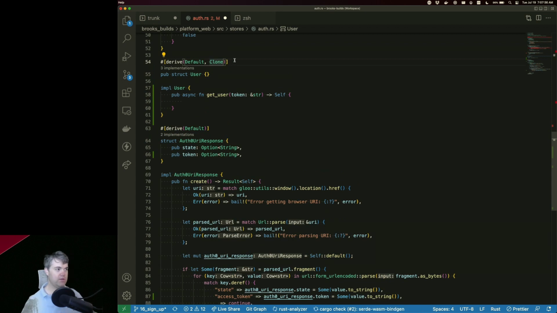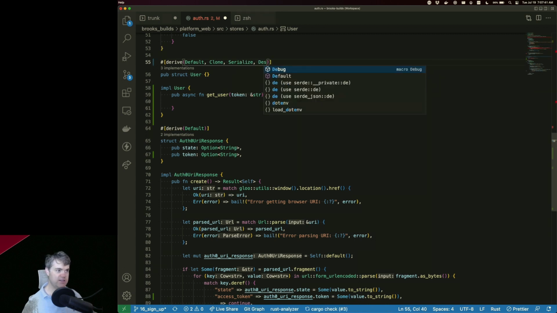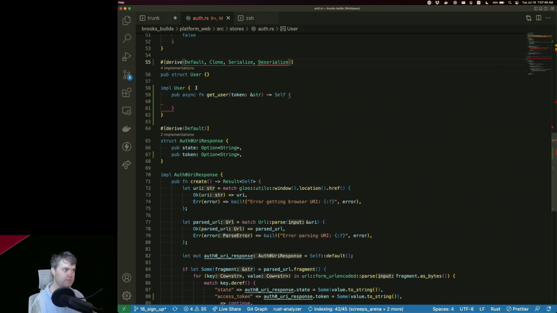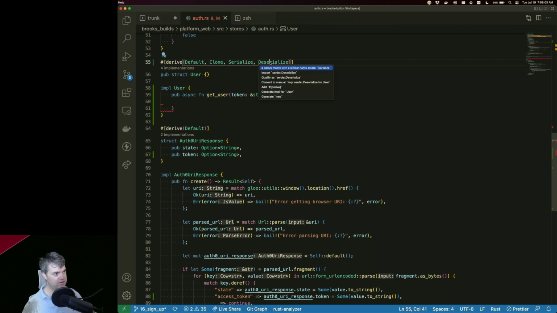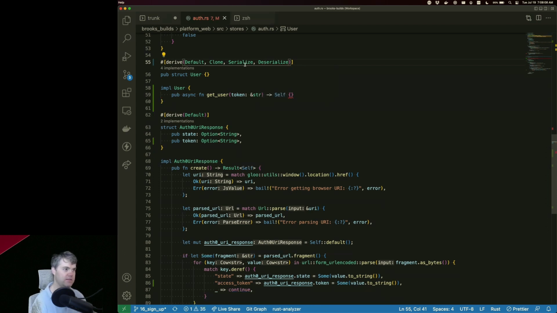All right, so I want to be able to serialize, deserialize. Okay, import that. Okay, so now you're just upset because we're not actually doing anything.